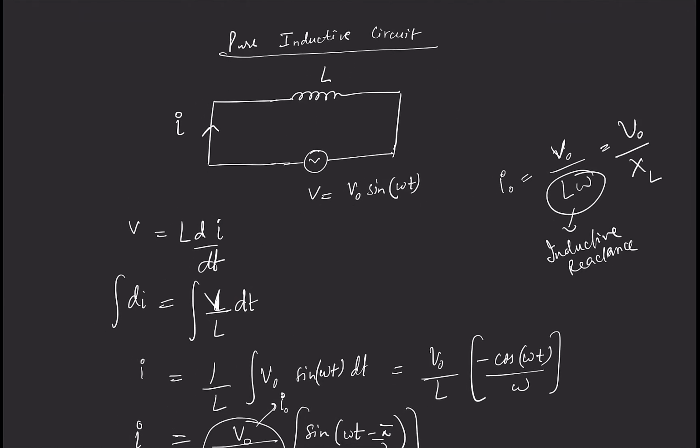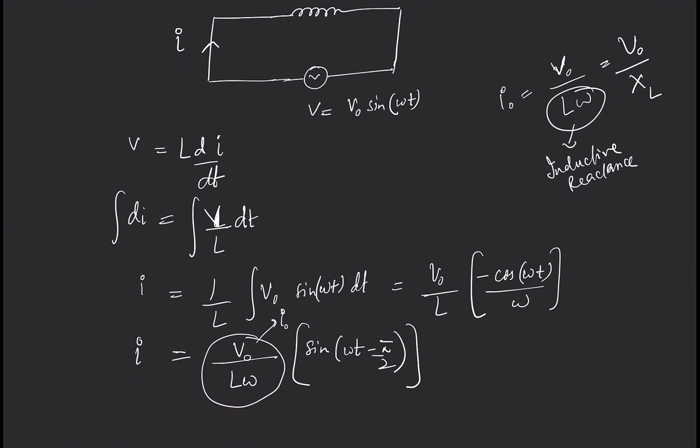So yeah, I naught, the peak current, you can simply find by V naught by L omega, where L omega is denoted by XL, which is just a notation, and RMS current is simply I naught by root 2, which is equal to V naught by root 2 XL. Okay, and V naught by root 2 is VRMS, so IRMS is VRMS by XL. So all those things are trivial things, right? So main difficulty in every question is to find the instantaneous value, which we have already found.